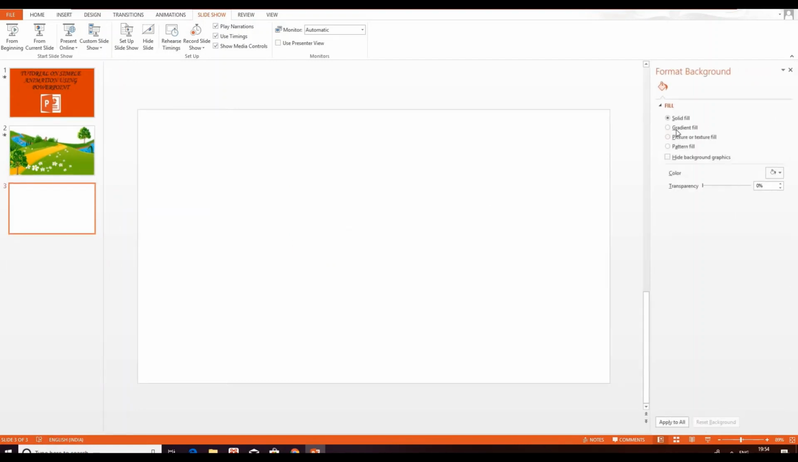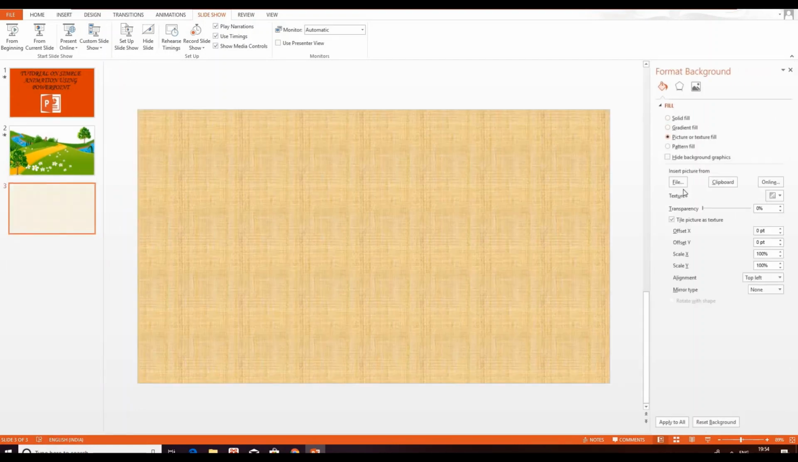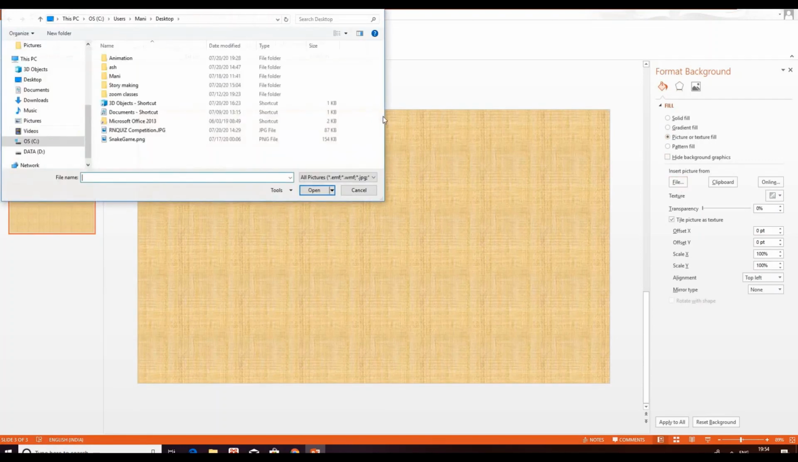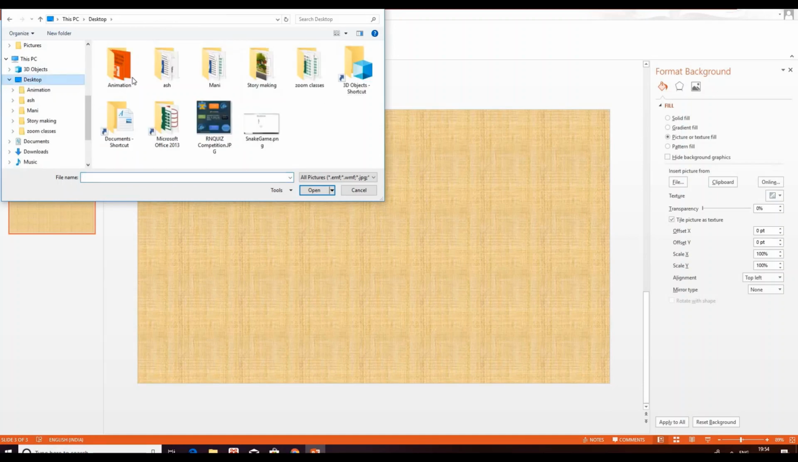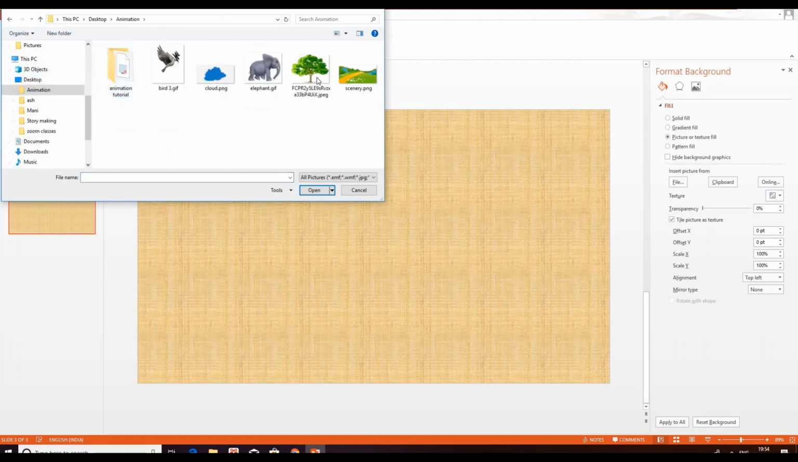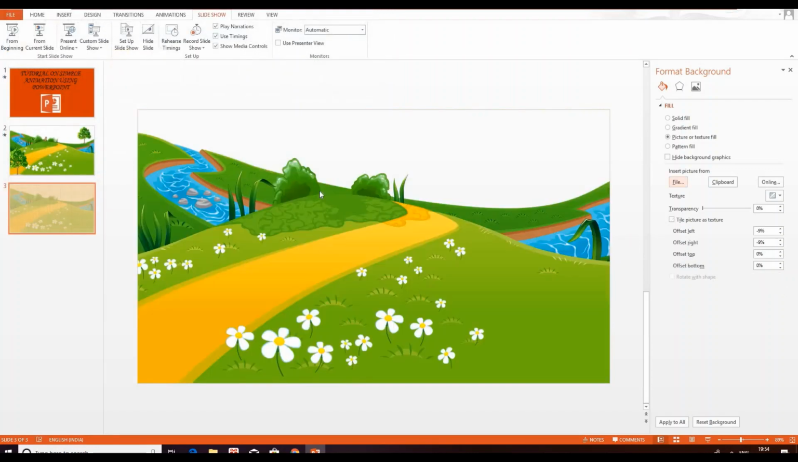So I can insert the background by right clicking, format background. I can go to picture, then I can insert file, and let me select my file from here. Happy scenery I've inserted, and then I want to place,